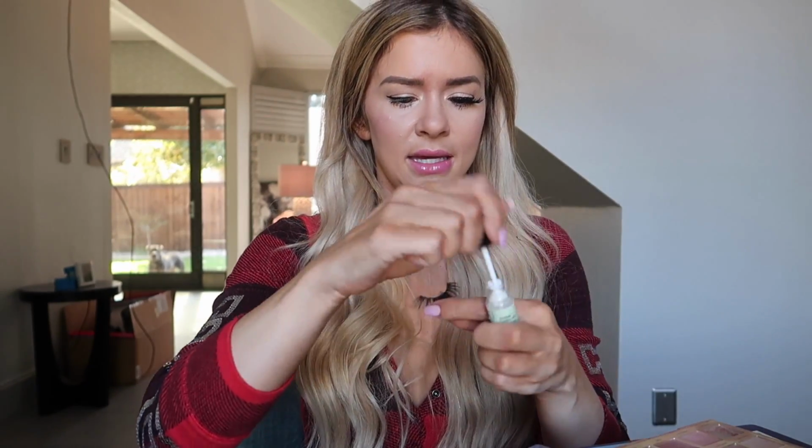Okay, so what I'm gonna do to measure these is I'm gonna set it about where I want it to start on my eye. And then I'm gonna come over to the edge here, kind of figure out where that end is. And I'm like, okay, I need to cut a little bit off. I use cuticle clippers that I do not also use on my toes because that's gross. And I'm gonna come in again